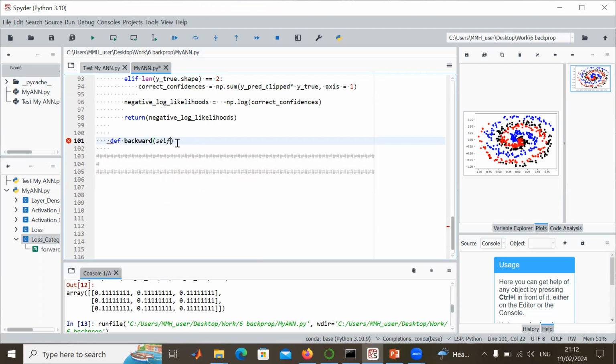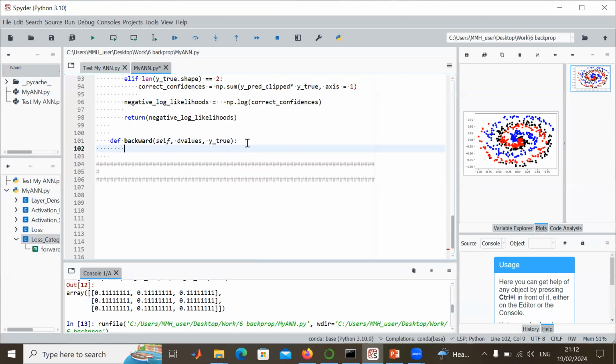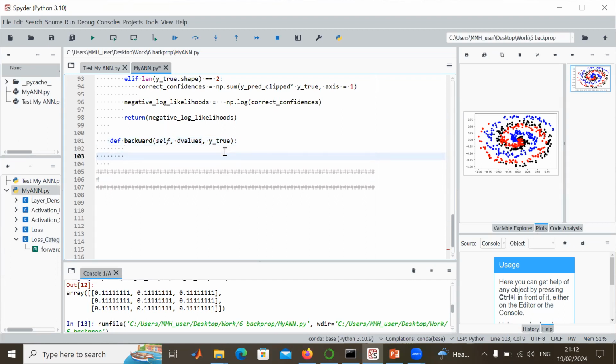Again, we need the keyword self to refer to its own class. Then we will have the values. And we will have the true value of y. And that's what we discussed a few slides ago. So we just have to calculate a derivative, the inner derivative from the entropy part, which was the ratio between the true values, the true class assignment, and the values, which in this case will then come from the softmax layer. So the first step that we're going to perform again is to check if the length